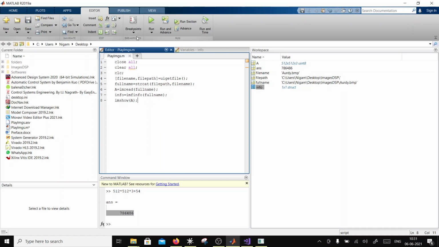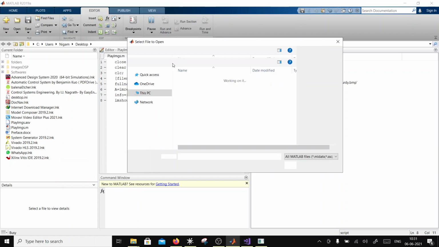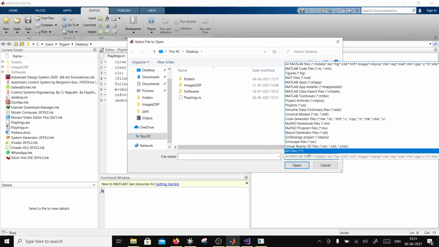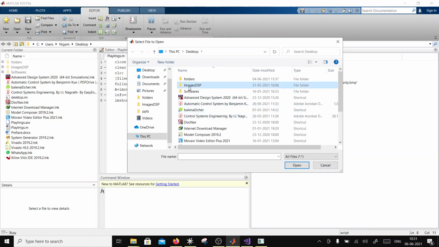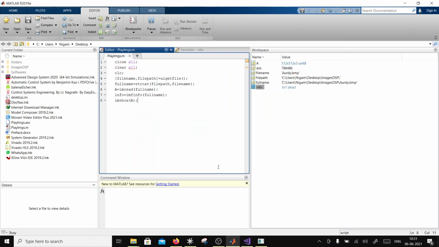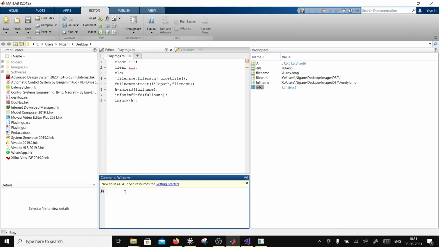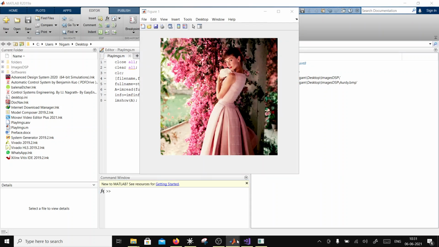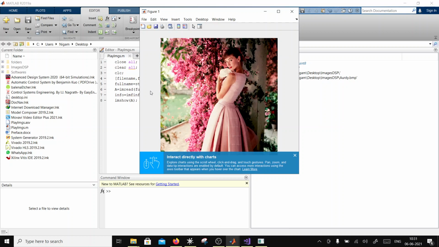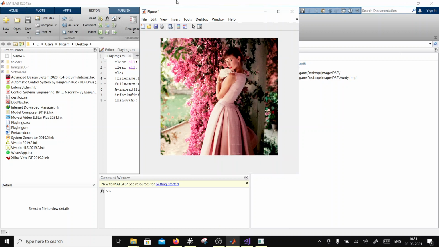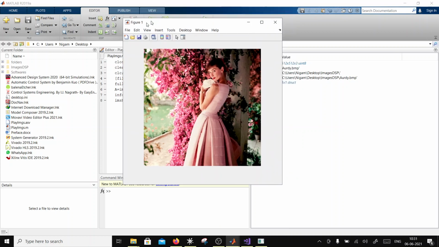So I guess if I run this, it's going to show the image. It's taking a lot of time, you see. Is it going to show me the image? When is it going to show me the image? Oh, it did. Okay, so it has shown me the image here.